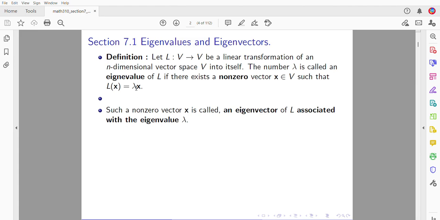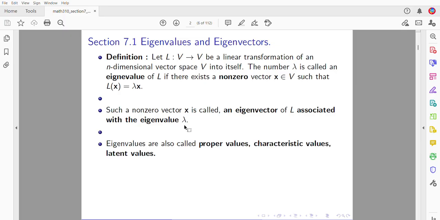Notice this may seem a weird definition, but very soon you will get used to what these mean. So I repeat, let L be from a vector space V to itself. It is a linear transformation. The number lambda is called an eigenvalue of L if there exists a non-zero vector x in V such that Lx equals lambda x. Such a non-zero vector x is called an eigenvector of L associated with the eigenvalue lambda. So for an eigenvalue to exist,